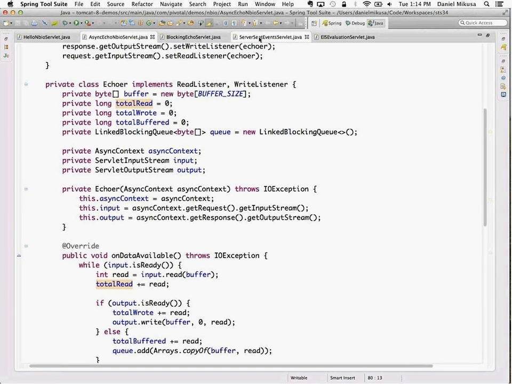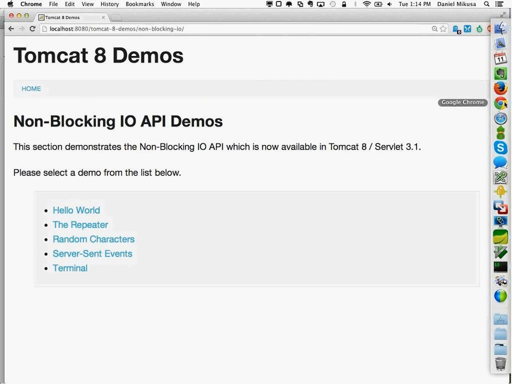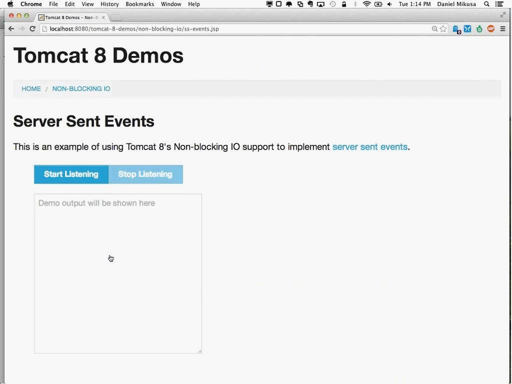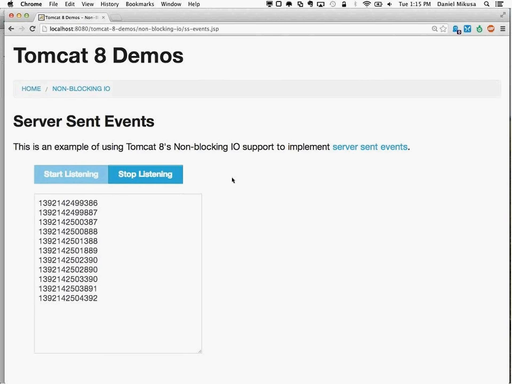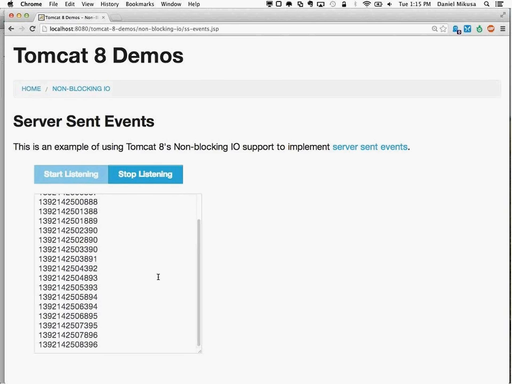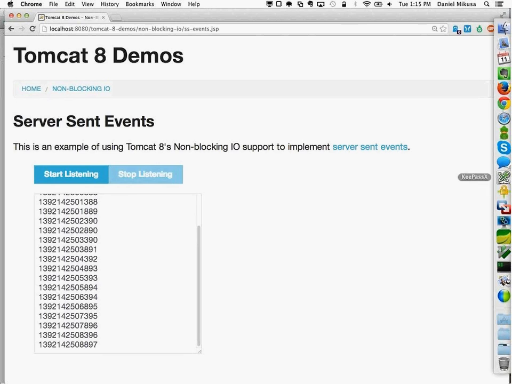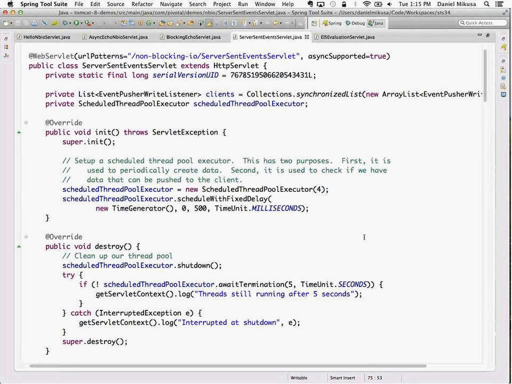One last example here, and this is slightly more involved. Let me show the web demo first. This is just a simple example of using the browser's server sent events API. What this does when we click this button is we'll start listening for events from the server. It's basically just a stream of information that's coming from the server. And in this case, it's just sending us timestamps every so often. What happens on the back end here, I'll show the code,